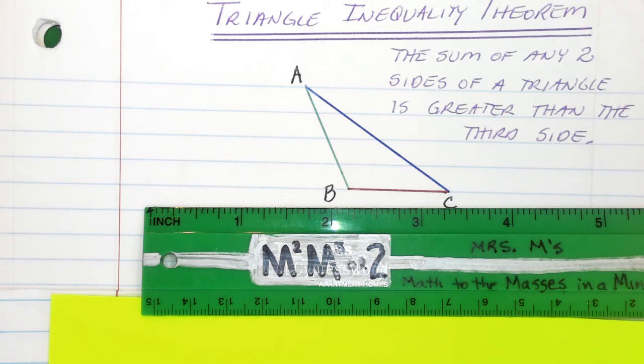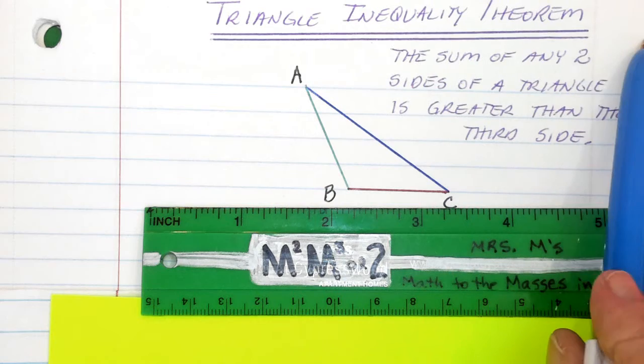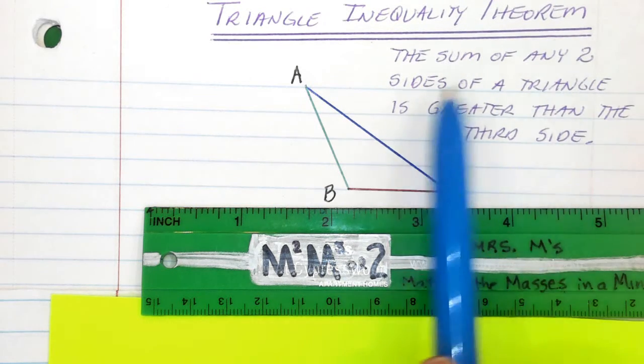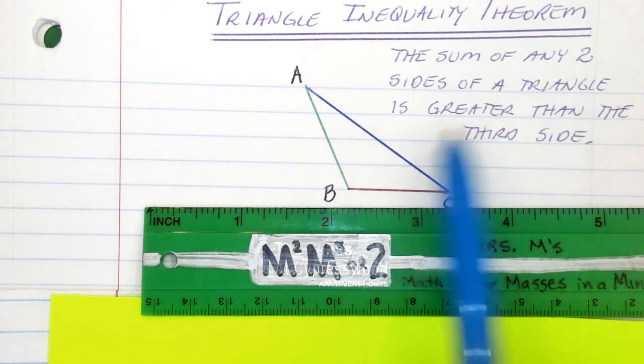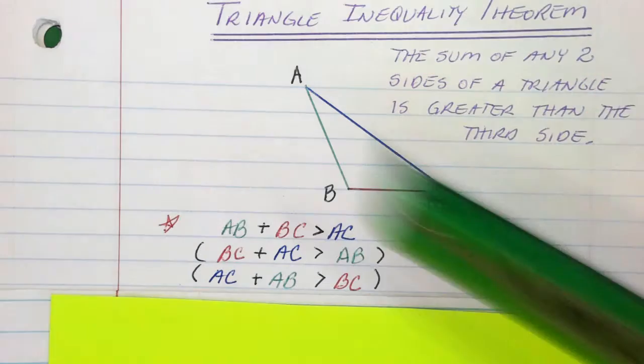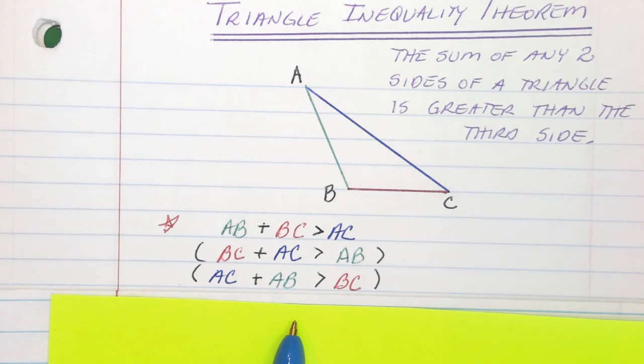In this episode of Mrs. M's Math to the Masses in a minute or two, we need to explore another application of triangle inequality theorem, which says the sum of any two sides of a triangle is always greater than the third side. We had looked at the mathematical representations of this in the first video on triangle inequality theorem, and now we